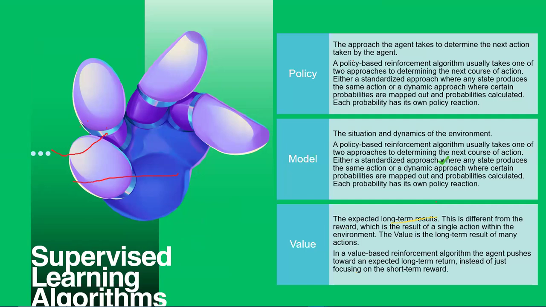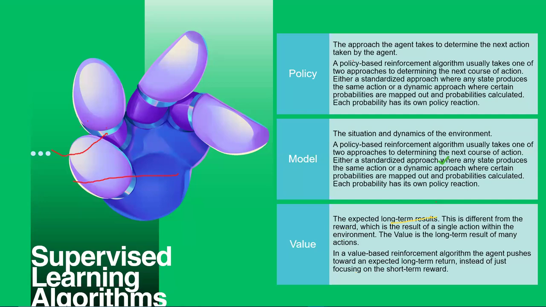So your policy is, how do we approach this challenge? We want to land a rocket on the moon, so we want the rocket to go in at 90 degrees. That's the approach. It goes in at 90 degrees and tries to land on the moon. Maybe gravity and everything there is different from Earth. So once it gets there, the approach it takes to determine the next action is what we call the